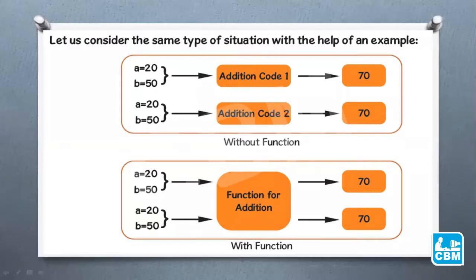We can face a similar kind of situation in Python programming as well, where we want to perform the same task using different kinds of inputs. So when we write the Python program without a function, we need to write two different commands to perform addition using two different inputs. Now, if we use a function to perform the addition operation, we can simply take the different inputs, take the function that will perform addition, and get the desired results in no time.